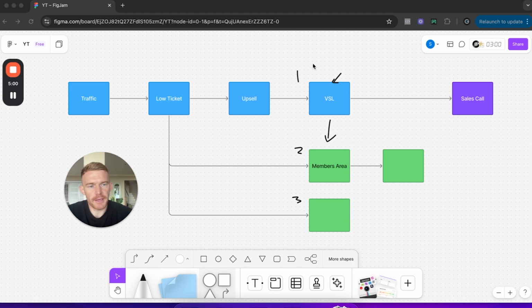So the conversion on this is going to be lower, but I typically start with this because you'd rather just get volume on the calendar and see what the process looks like and see what the conversion rates are. And then if for whatever reason the conversion rates aren't there or there's too many unqualified people, you can start adding resistance into the funnel to get more qualified people on there.